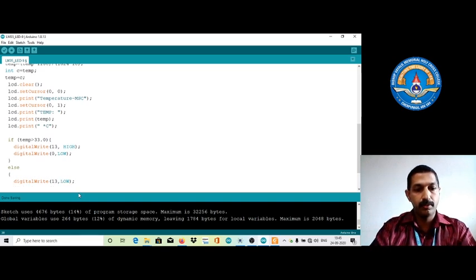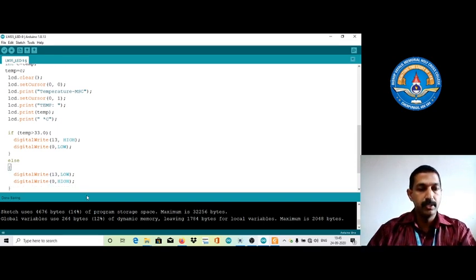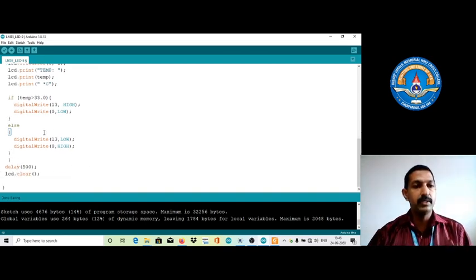Then we need digital write 0 to high. So close the curly braces. So these are the things we need to execute with the code.